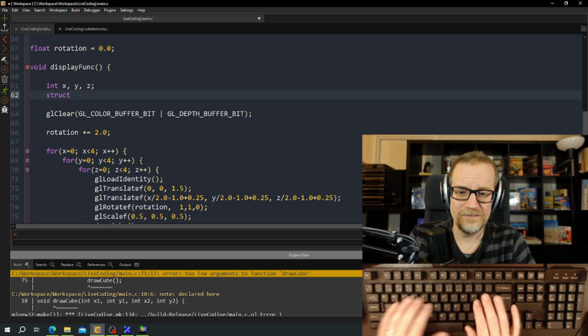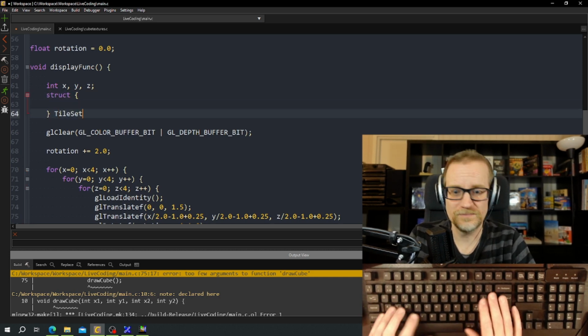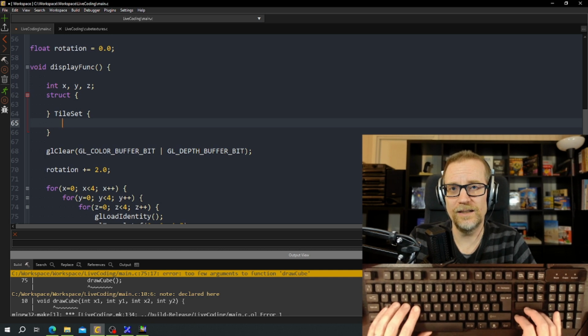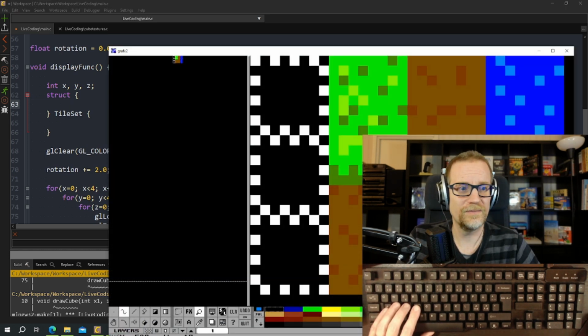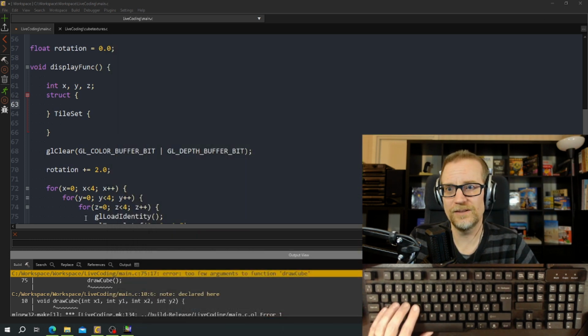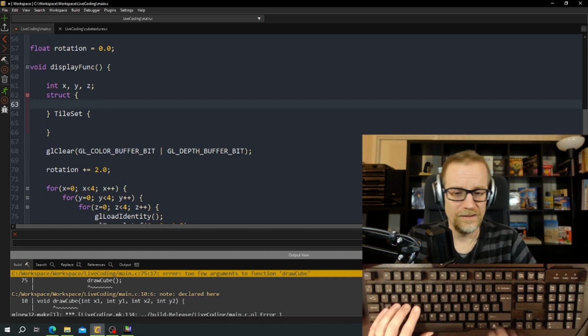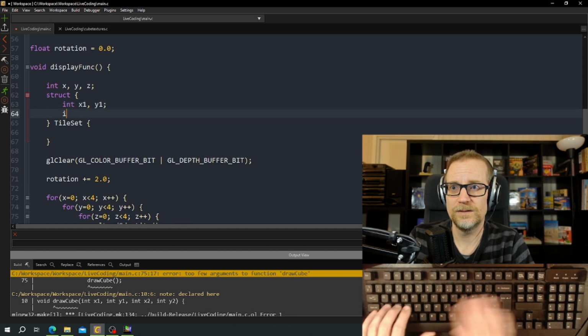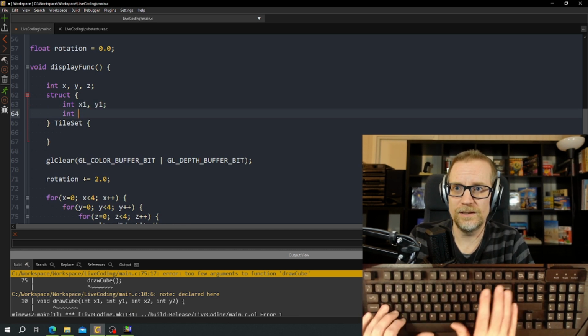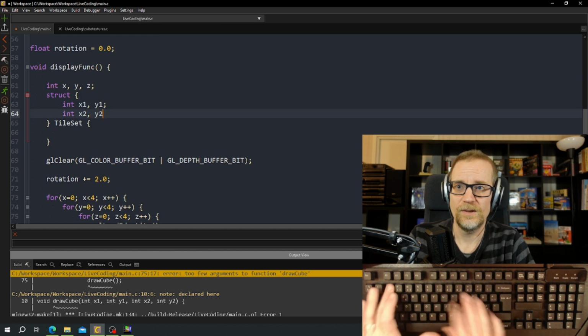So we have a struct, and we need a tile set. I had 16 tiles. I didn't use the last 4 that were in the texture. Go to the texture. So I have 4 times 3, and then just to make the texture the same size on X and Y axis, I have the empty part left unused in the bottom. So we're going to have int x1, y1, x2, y2,